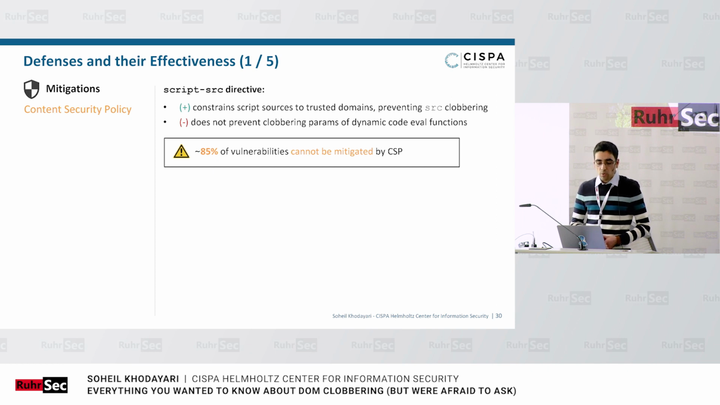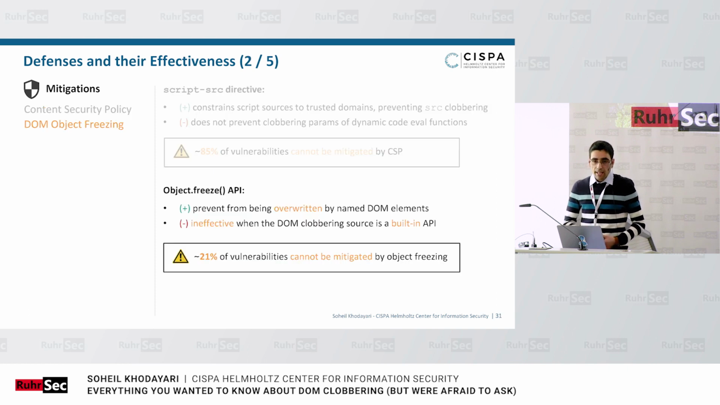However, this does not work in case attackers can clobber parameters of dynamic code evaluation functions like eval, new Function, and setTimeout. And unfortunately, 85% of the vulnerabilities in our dataset cannot be mitigated by CSP because they were abusing this second case. An alternative solution is to freeze DOM objects with the Object.freeze API, which prevents